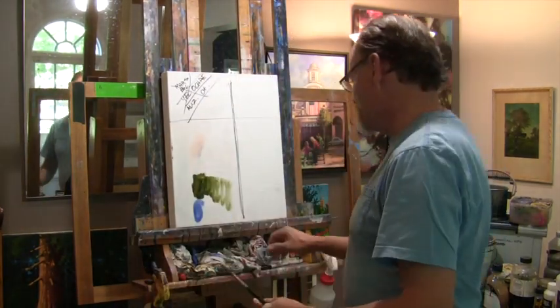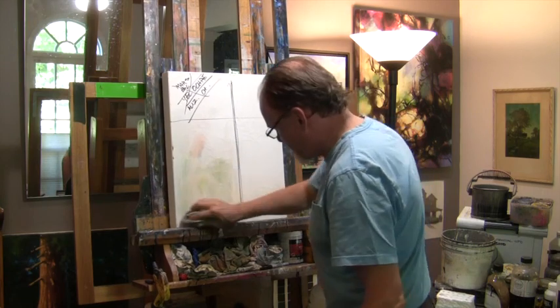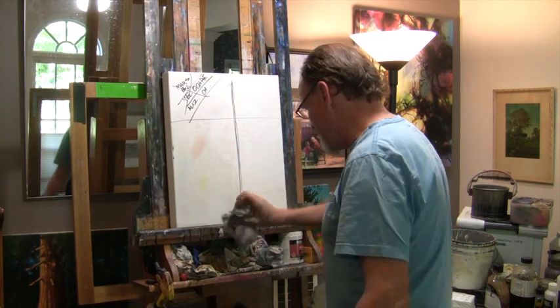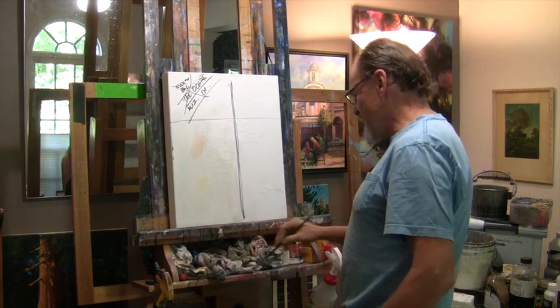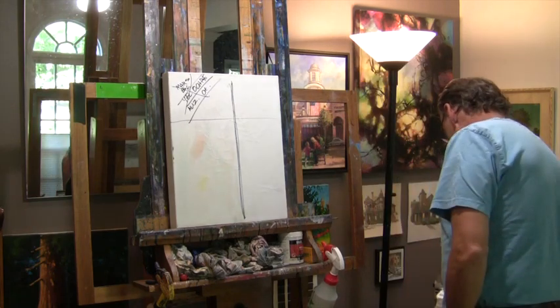Okay, I'm messing with you, aren't I? I'm showing you what's wrong with that three primary color limited palette thing, right? No, it is not true. Red and blue don't necessarily make purple. Some reds and some blues make purple, some yellows and blues make green, and so on. So what's going on here? Well, if you really want to have a fairly limited palette that works, what you have to have